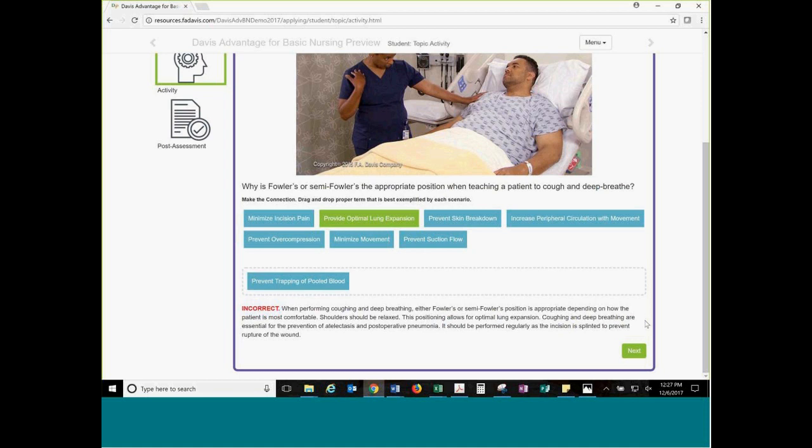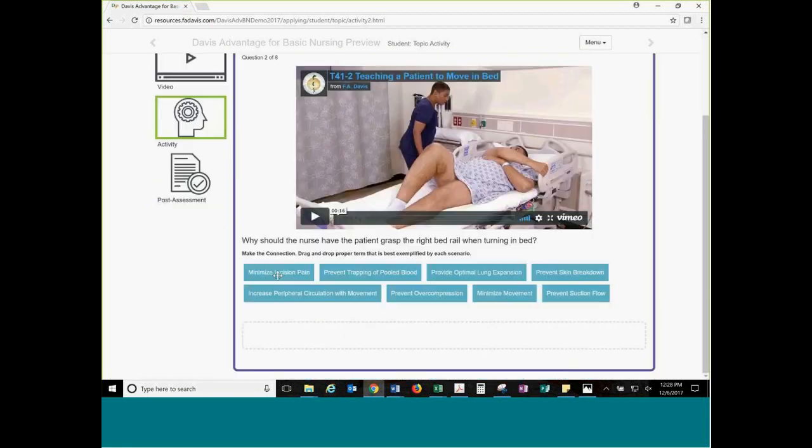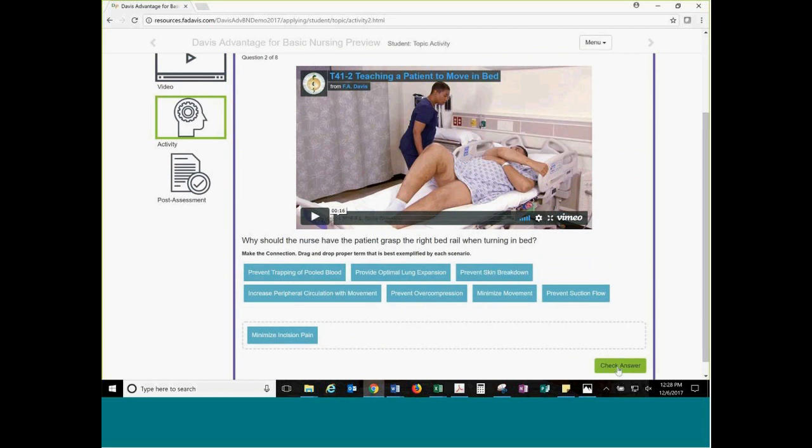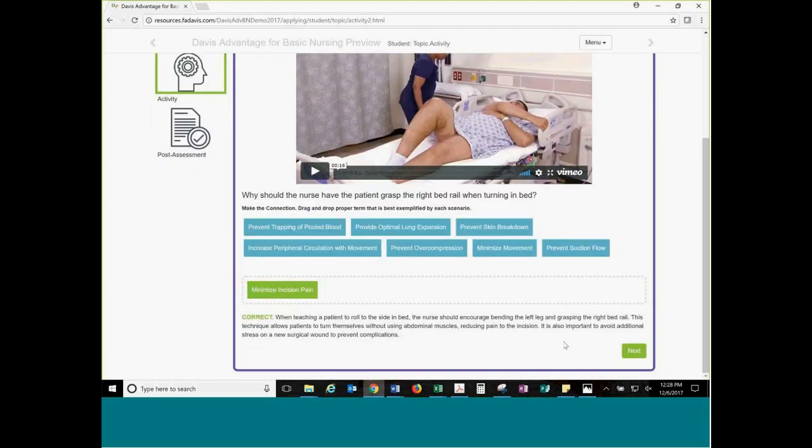So let's go ahead and select minimize incision pain. We're going to take this question again, and when we check the answer, we can see that the student got this answer correct, and they're also seeing that additional rationale to help them understand why they answered the question correctly. And we really feel strongly that rationales are a way to help students remediate in a variety of formats so that the content that we are conveying in this question is more likely to stick